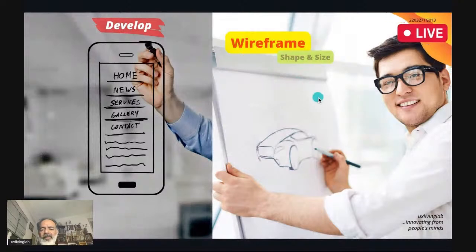So shapes and size. After defining targeted users and converting the information to design, you start wireframing. Wireframing mainly talks about shapes and size. What is the shape of the interface? What is the size of the interface? So these shapes and size, you can start from any simple software tools or paper and pen. That is also a good